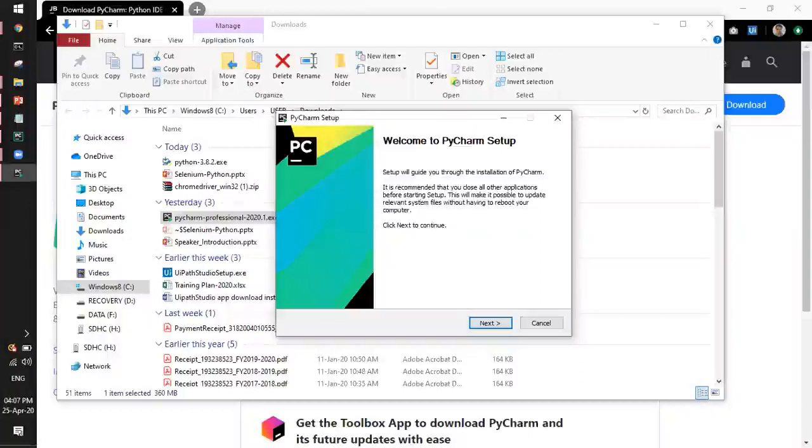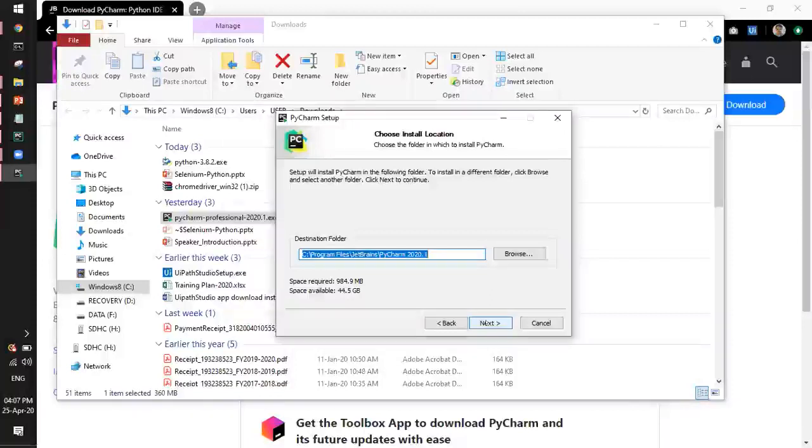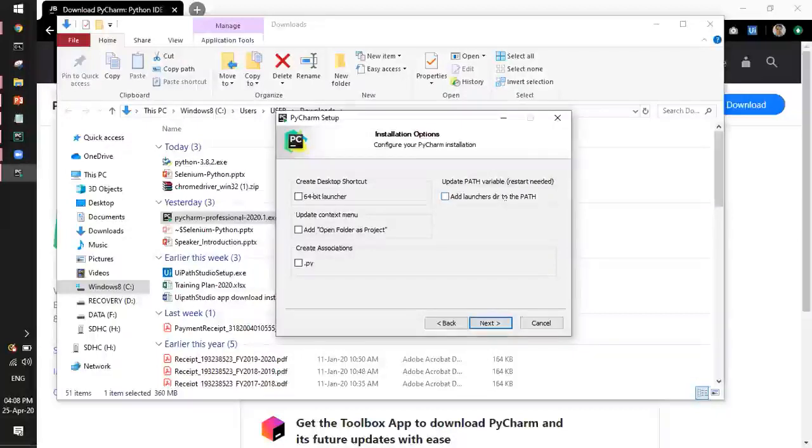Okay, so again, I'm not going to go through the complete setup of this IDE, but an important thing: whichever folder path you wish, you can enter here to install the IDE. And similar to Python, I request everyone to add this launcher directory to your environment variable, in path. It will be easier for the IDE to launch and work on itself. Now I'm going to cancel because I already have the PyCharm professional version installed on my machine.